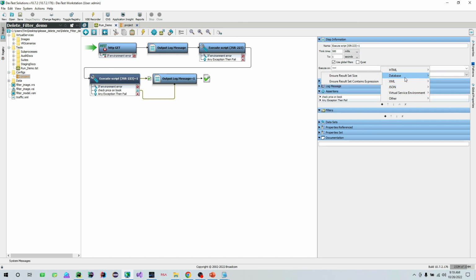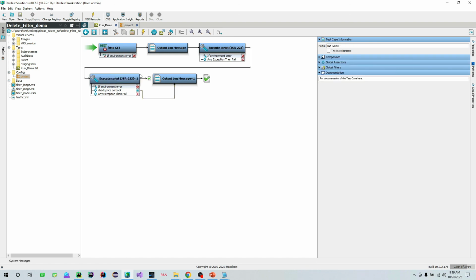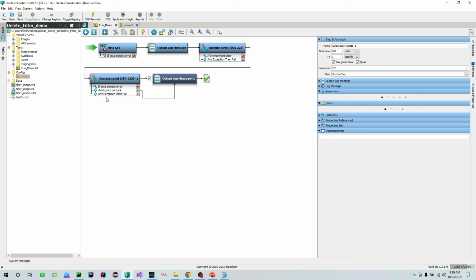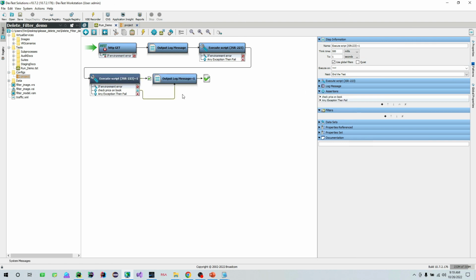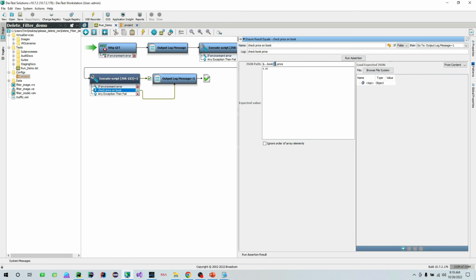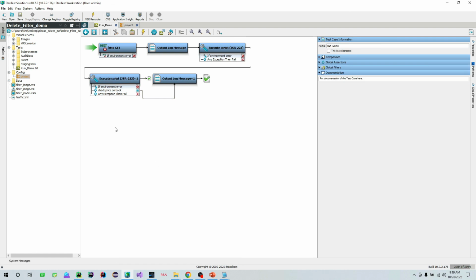The only thing to remember about assertion is it has to return true or false, okay? So if it's false, it's going to go here. I did the false on purpose. So if I look at my assertion, I put the array as looking at the second value, which I know doesn't equal 895, okay? So what's saying that is kind of this piece that I wanted to cover: filters, properties,